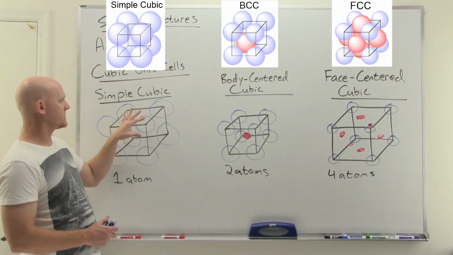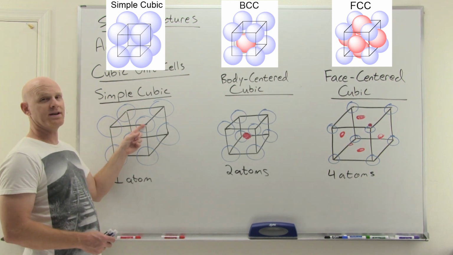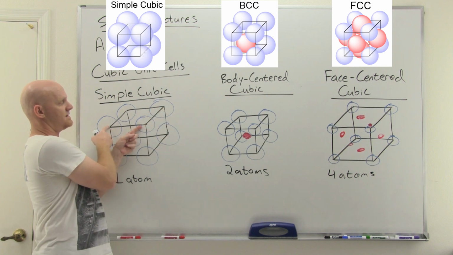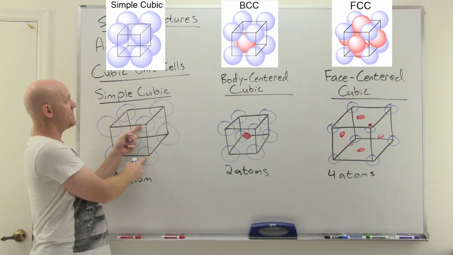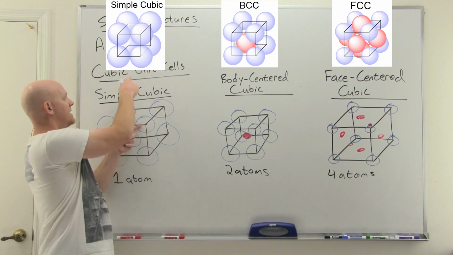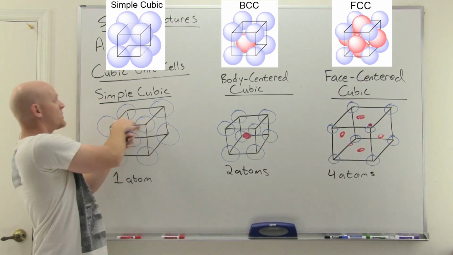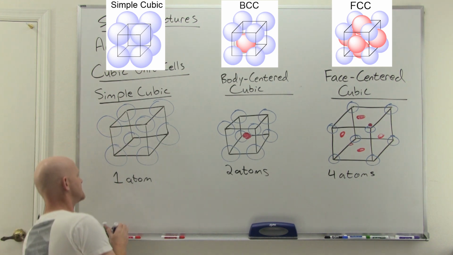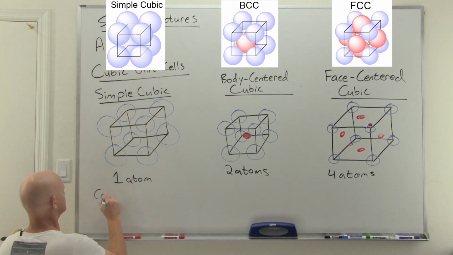So if we look at the simple cubic here, let's say we take a look at this atom right here. His nearest neighbors are this guy, and this guy, and this guy, those 3. But also we have another one above him, another one out this way, and another one out this way as well. And so he's got 6 nearest neighbors, and so we'd say that his coordination number